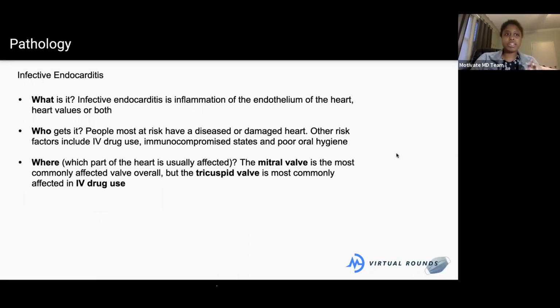Okay, any questions before we start to get into the pathology? Yes, what types of IV drugs he used. So he told me that he used heroin daily, and then sometimes he would mix his heroin and crack cocaine together. But then specifically when we did his drug screen, we found other things in his drug screen. And I think that's because, you'll see in the emergency department, we see this a lot. Sometimes people think that they're buying one thing, but then that specific drug can have other additives in it,